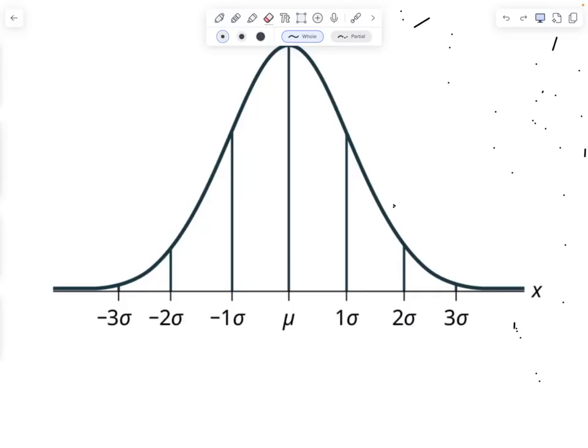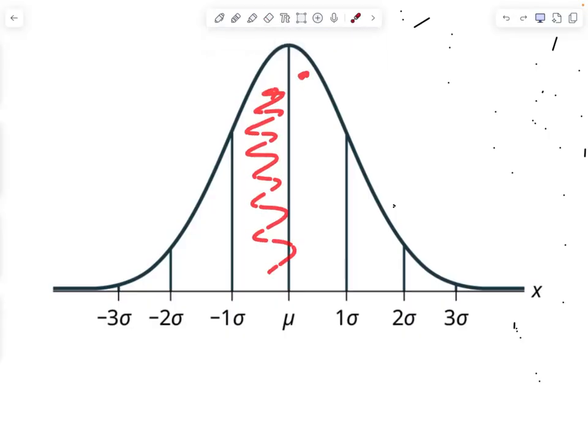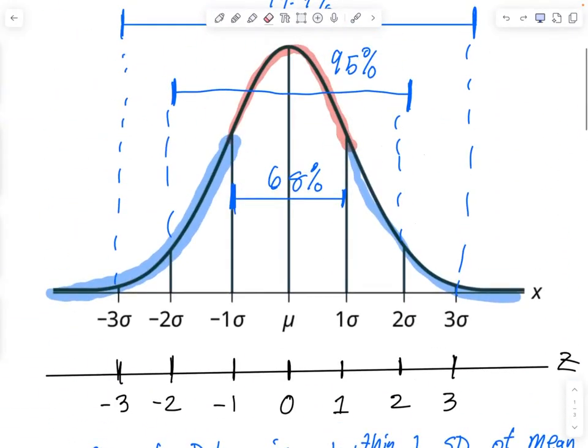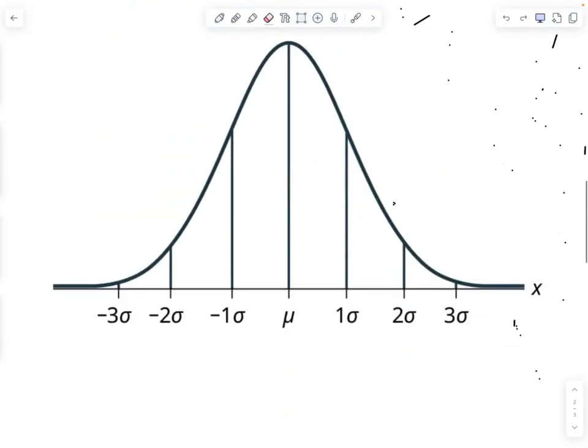Because it is perfectly symmetrical, this area here is the same as this area here. They are exactly the same. So as such, because they are exactly the same, this whole thing is 68%. So if they're exactly the same, then how much is each one? How did you get that? I divided by 2. Since both of them together is 68%, that means that this area here